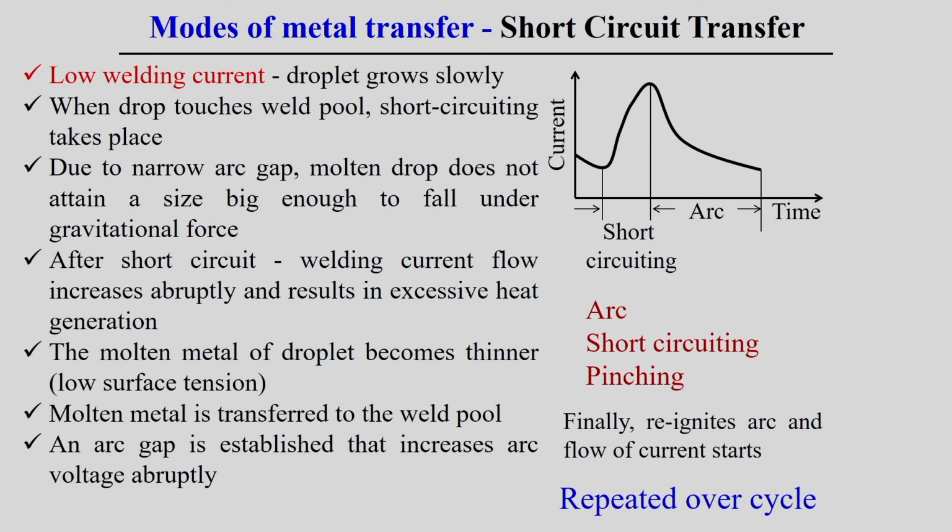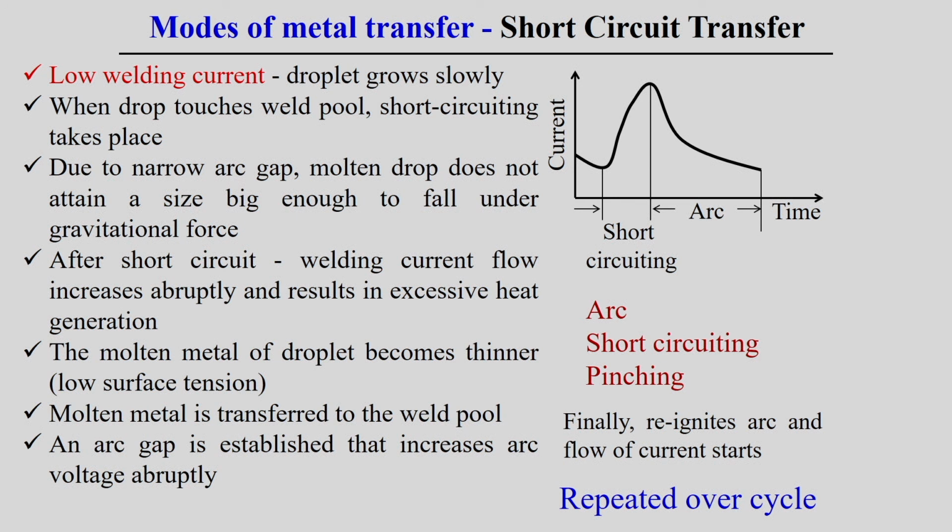Now, we look into another type of metal transfer, the short circuit metal transfer. Short circuit simply means the gap is almost 0, and the electrode is in direct contact with the workpiece material. This kind of situation creates a short circuit mode, but we have to understand how the metal droplet or metal transfer happens in the welding process in short circuit mode, and how the welding current varies during this particular mode of metal transfer.